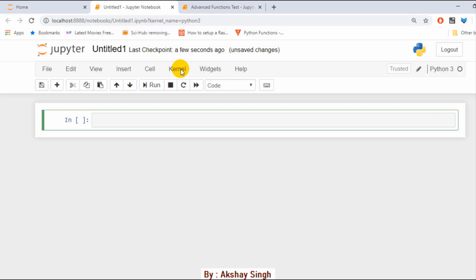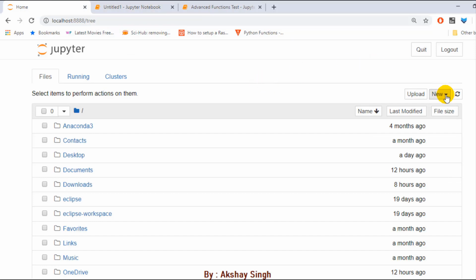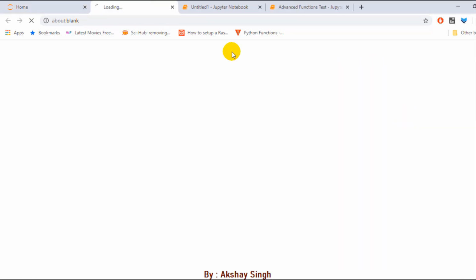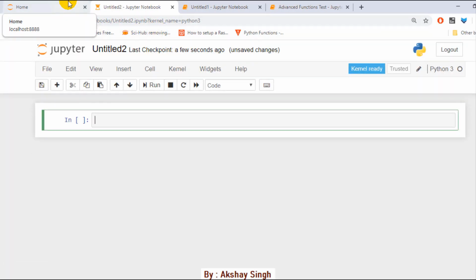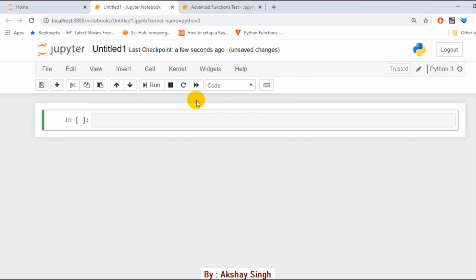Now each notebook uses its own tab because you can open multiple notebooks simultaneously. See, if you are going to open a new notebook, it gets opened in a new tab. So they all run simultaneously in different tabs. Let's find out the different tools that are here, how these work. So this is a cell in which you can write a code, or you can make it a heading, you can make it markdown. Let's find out what it does one by one.